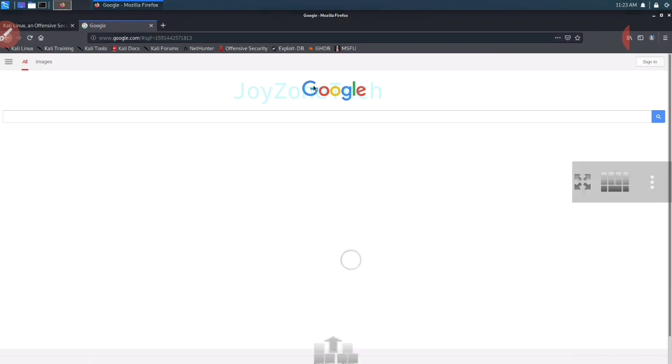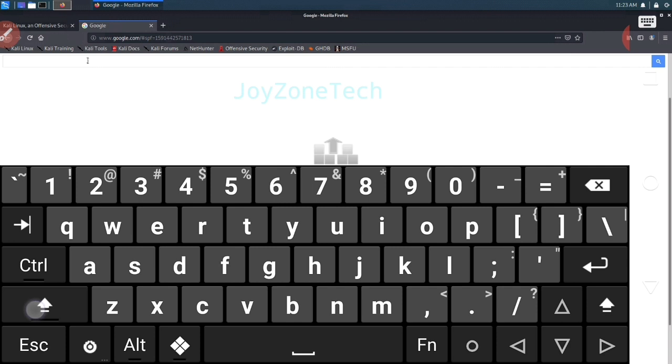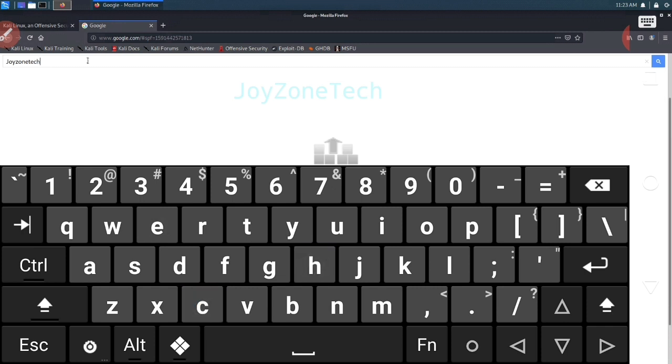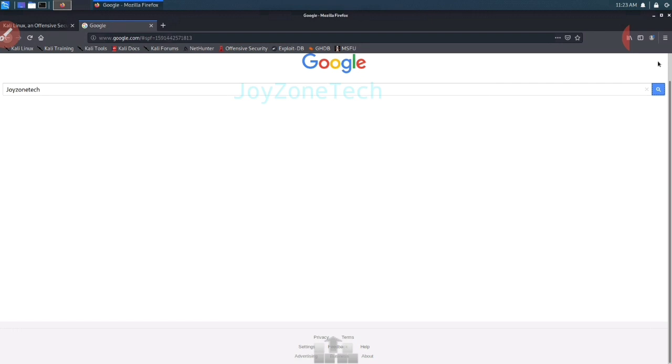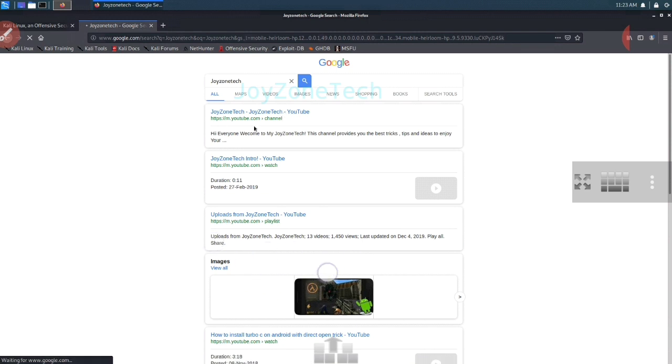As you can see, the Google search engine has been opened, which means the internet in this Kali Linux is working perfectly. Now I will search my YouTube channel in this browser. As you can see, my channel details are being opened in this browser.